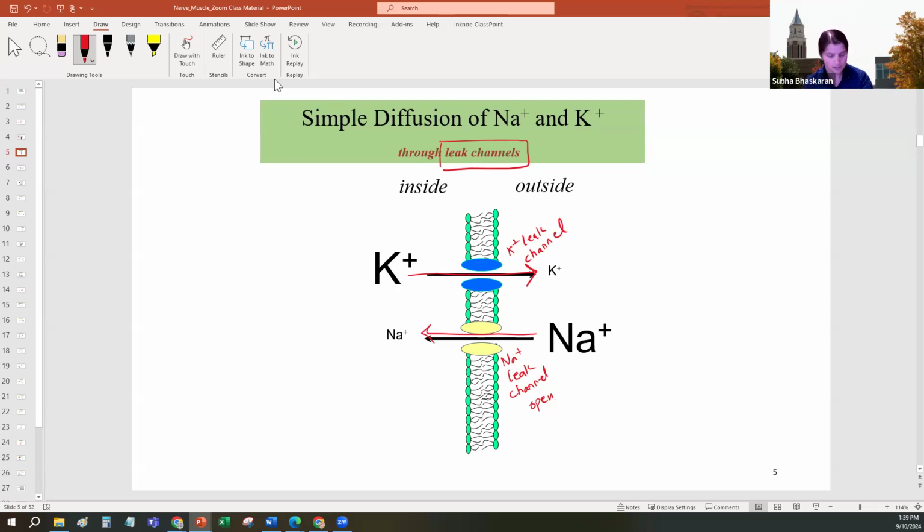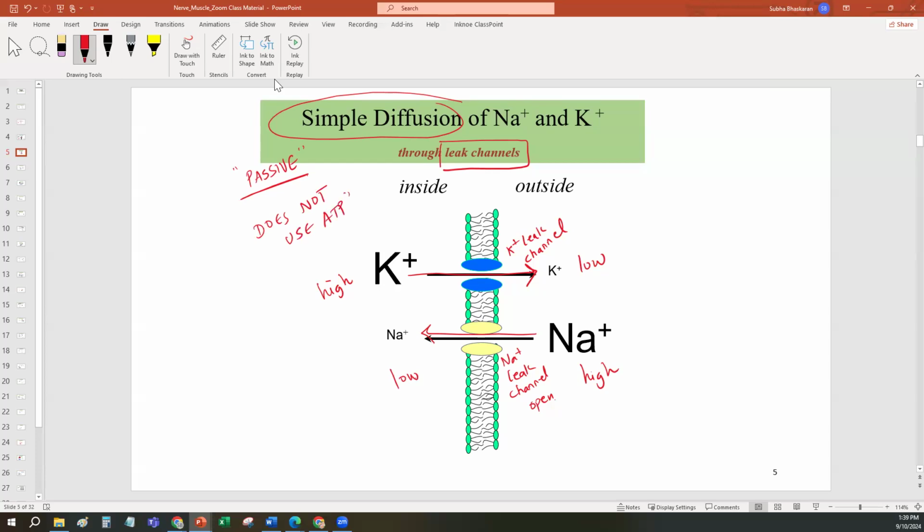Okay, so these are the leak channels. Now, remember, when they go through these leak channels, they are going from the region of high to low. High to low. We use the term simple diffusion. This is where passive comes in. Passive, does it use energy or not? No. Thank you. This is where the term passive comes from. No use of ATP. Got it? So that's the difference that I want you to understand. Active means